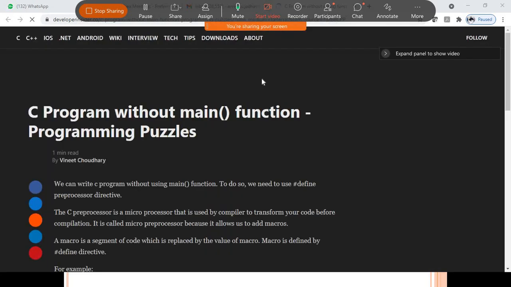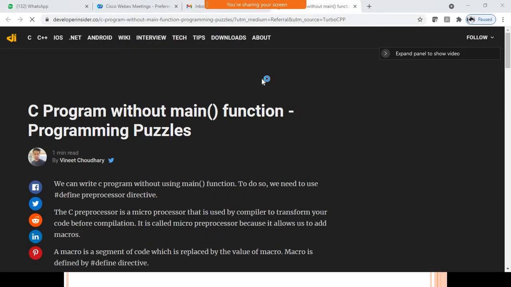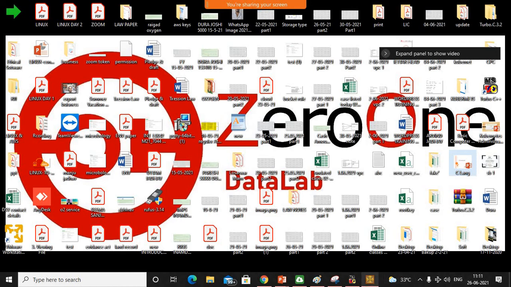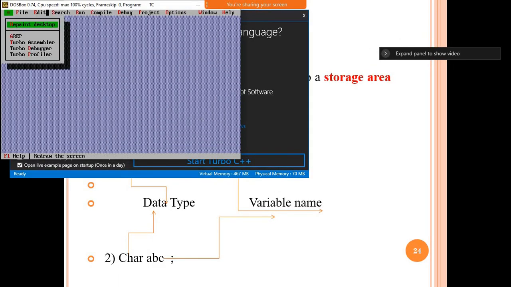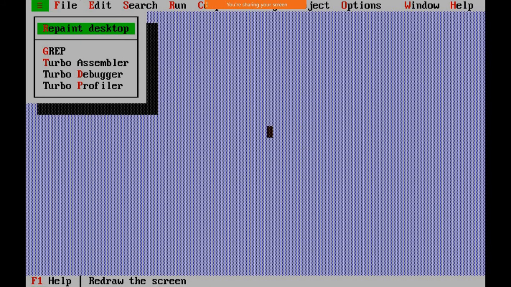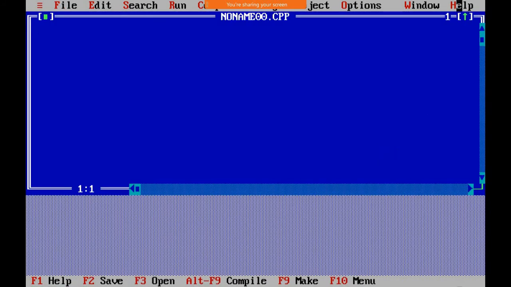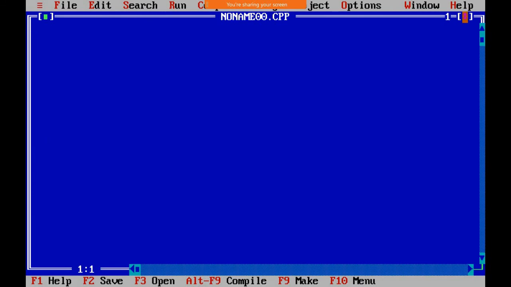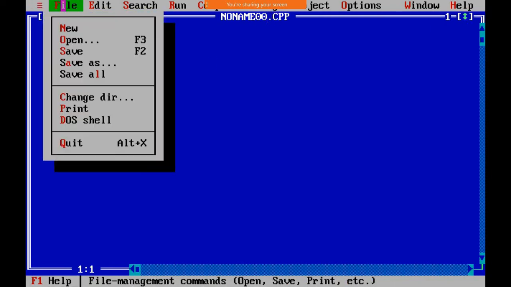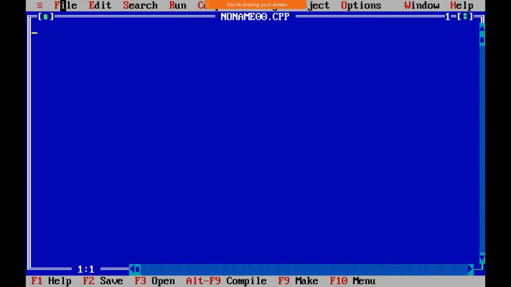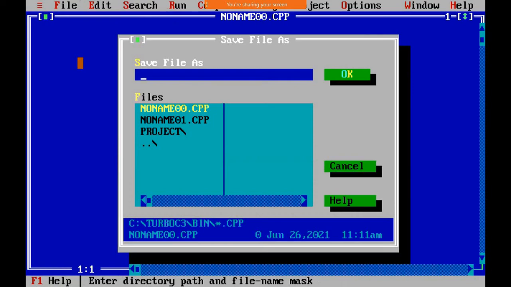Where is the Turbo? Is my screen visible right now? Is the blue screen visible to all? Okay, great. So first of all, we'll save the program. Here I will save the program. Yes, sir. And I will specify.